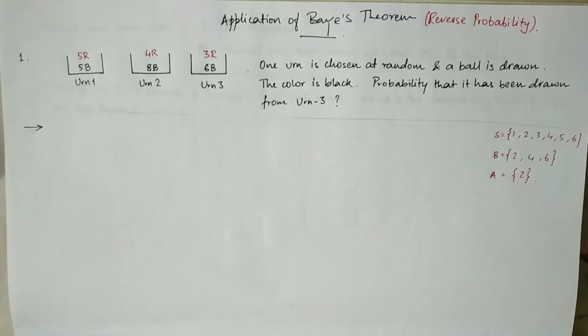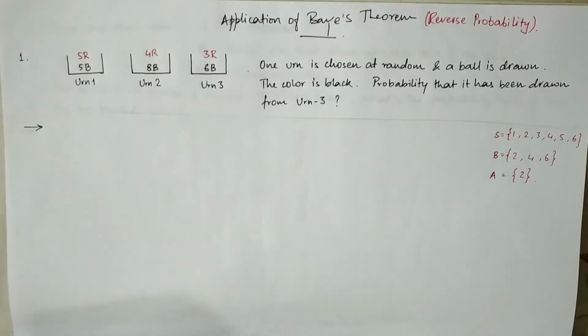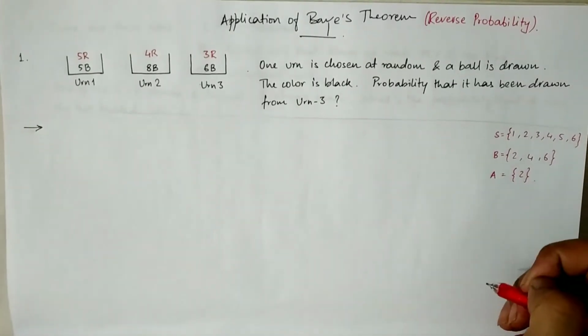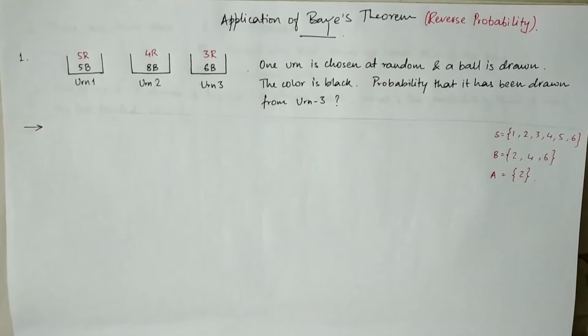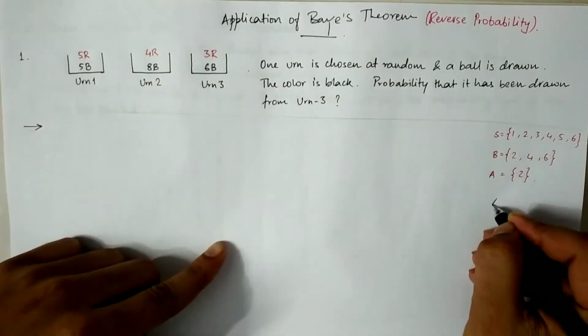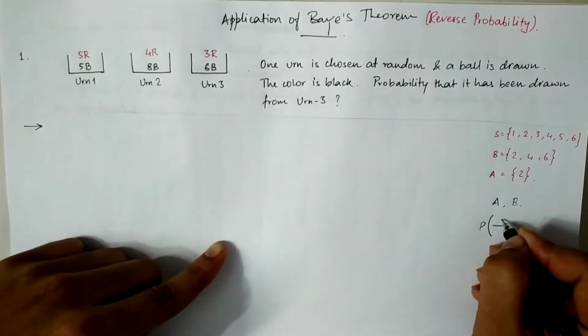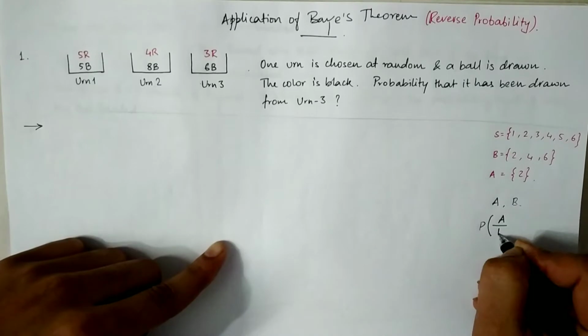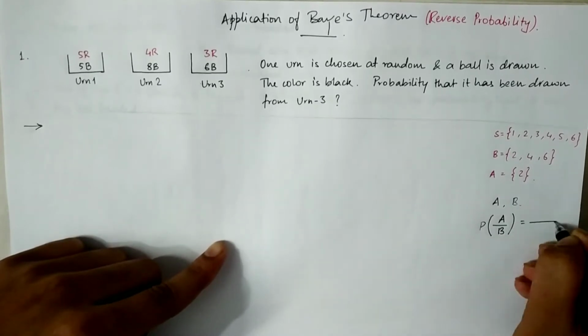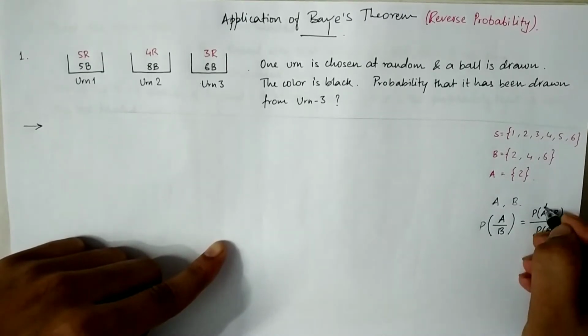Hello guys, this lecture is about the application of Bayes' theorem. Before we move on to this, a basic understanding of conditional probability is quite important, wherein the concept is that if there are two events A and B, then the probability of event A occurring given that B has already occurred is given by P(A intersection B) upon P(B), where A is always